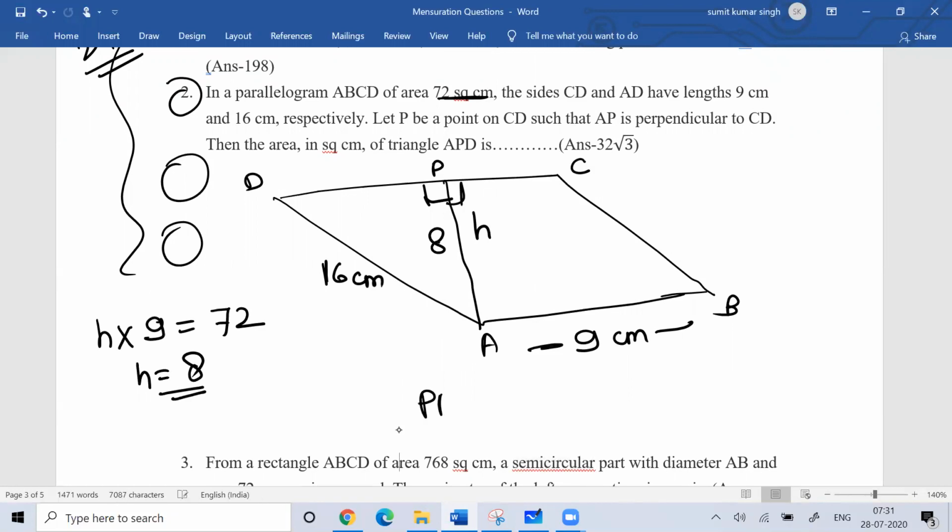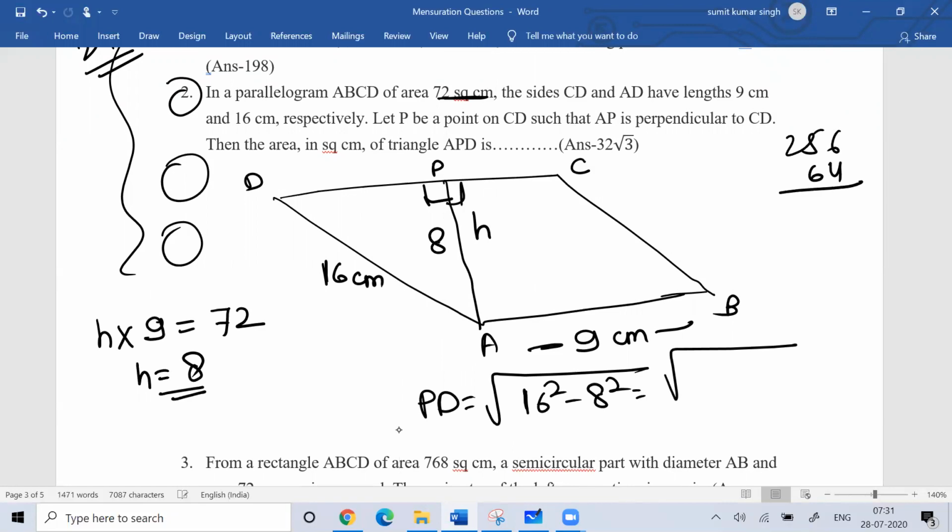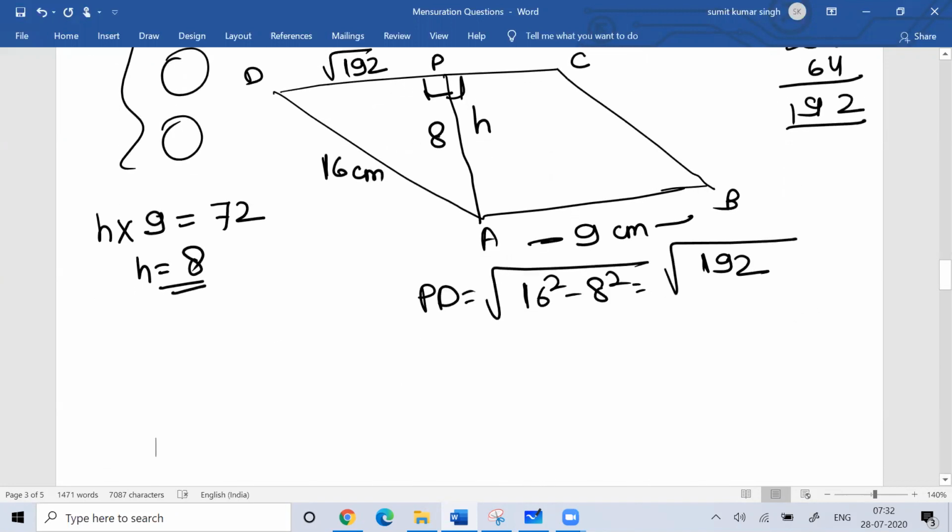The value of PD would be nothing but root of 16 square minus 8 square. That is, 16 square is 256, 8 square is 64. So I can say this is 192. So the value of PD is root of 192, and AP is 8. So if I want the area of triangle APD,